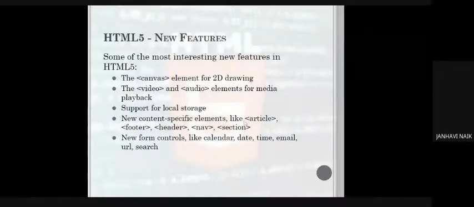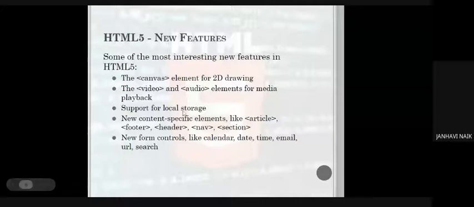So I can use something called articles just to separate out the works. As I said, it is content specific elements. That is, we can actually create a paragraph and write the things, but why not use article? It is a smart work that can be done. So automatically, when you read the code, you will come to know this was an article.